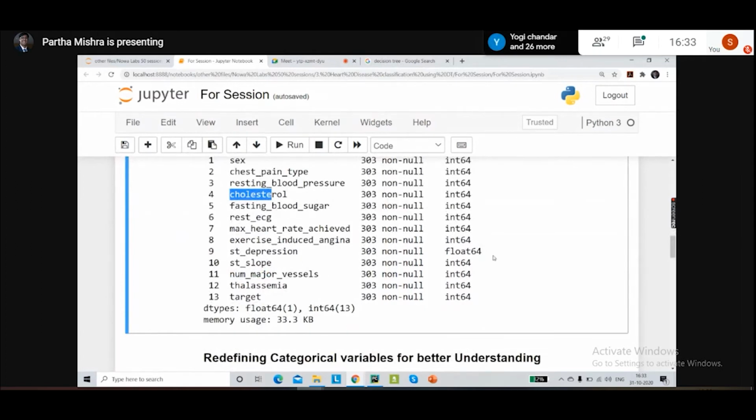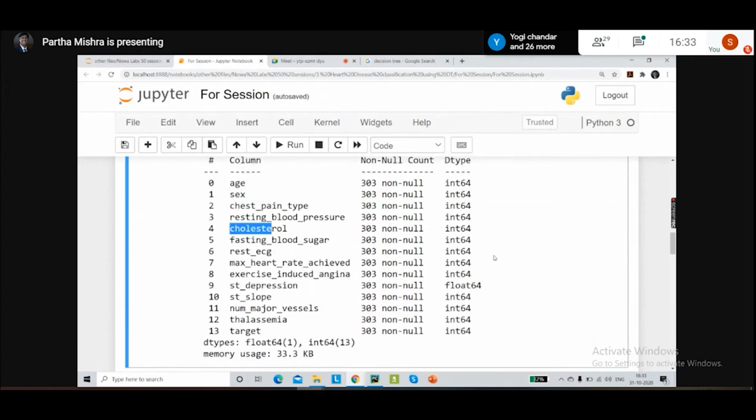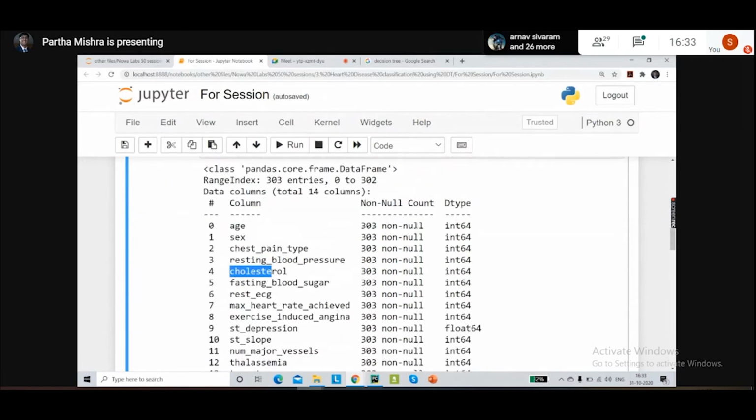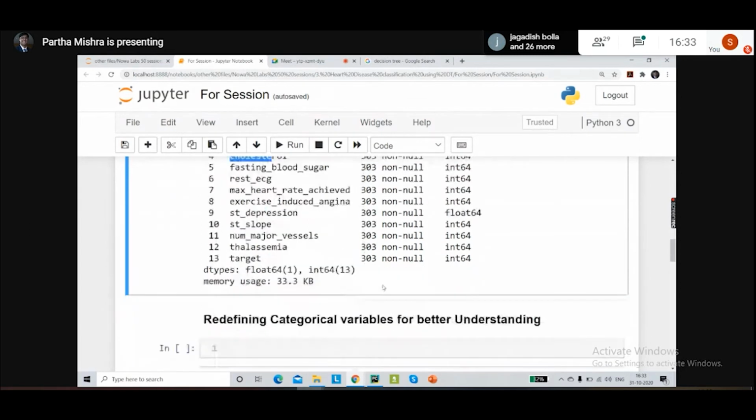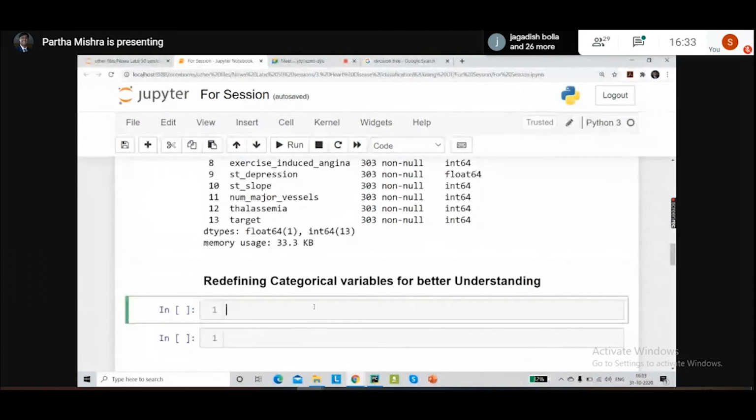So we need to now help Python understand those columns which we know should be considered as categories and not integers. That is the next step that we are going to do. We are going to redefine a few of our categorical variables so that our understanding of the data is correct.